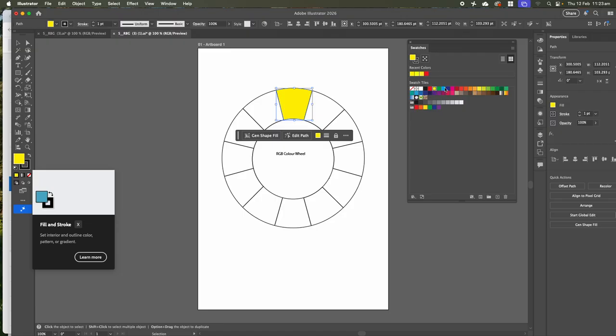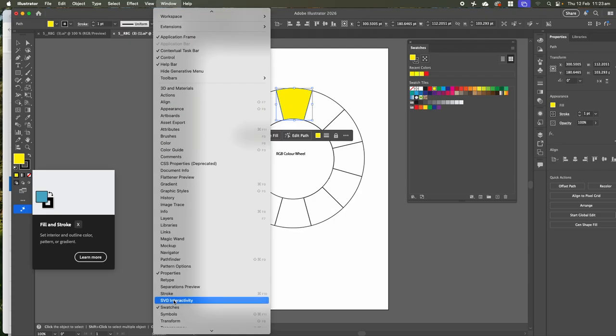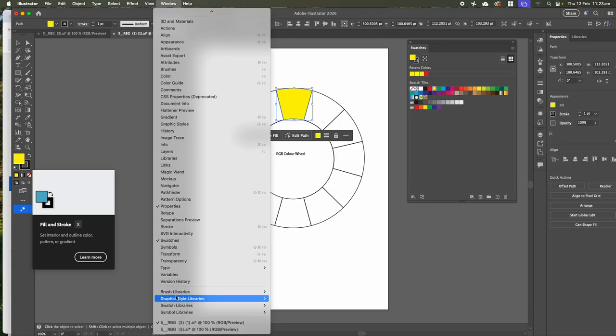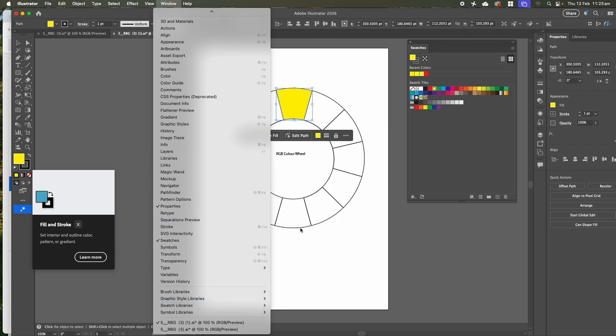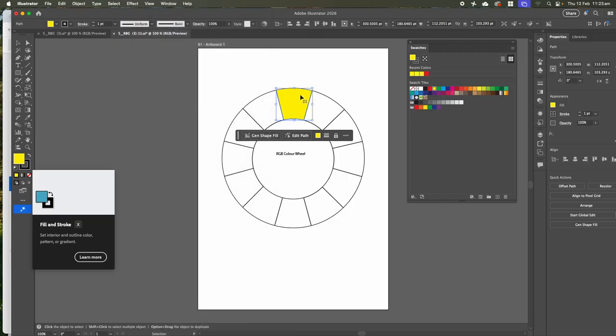So these are pretty standard colours, and they'll be the ones we'll use mostly for the colour wheel anyway. This is a standard set of swatches which you can add to, and you can see down here further that you can access lots of different swatch libraries, and we can also add our own libraries in there. We'll learn how to do that later. I'm not going to do that right now, but we just want to colour the first one with your standard